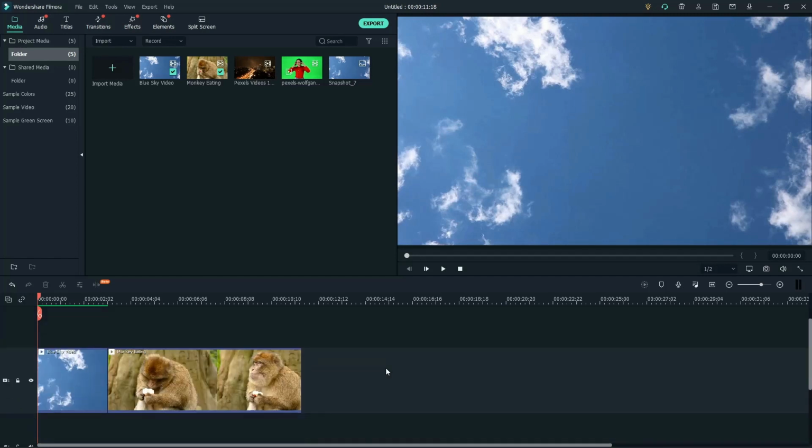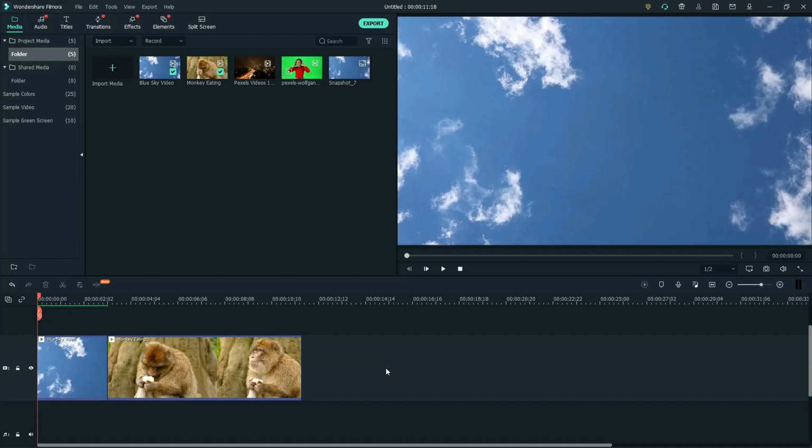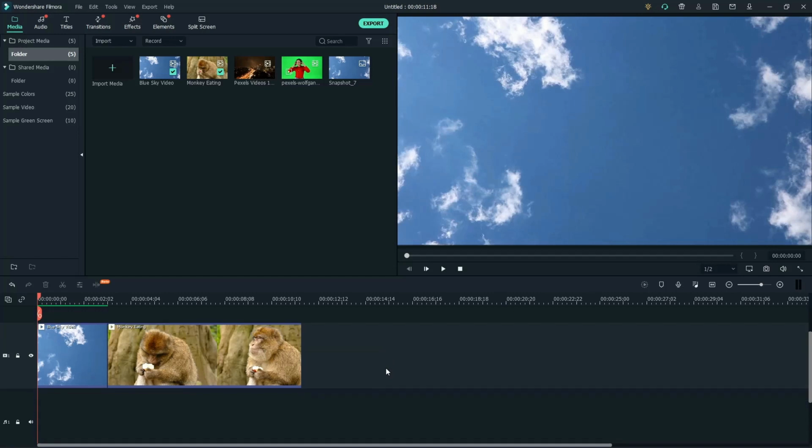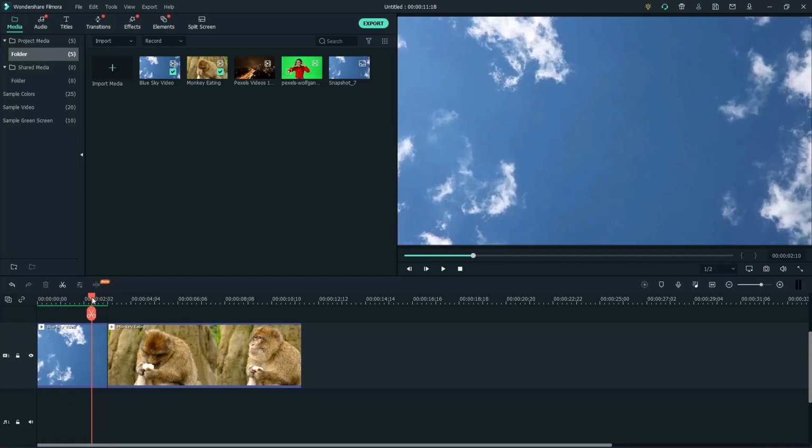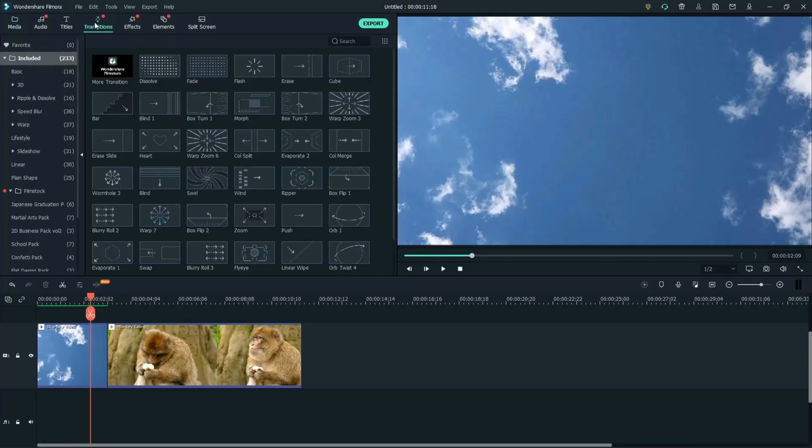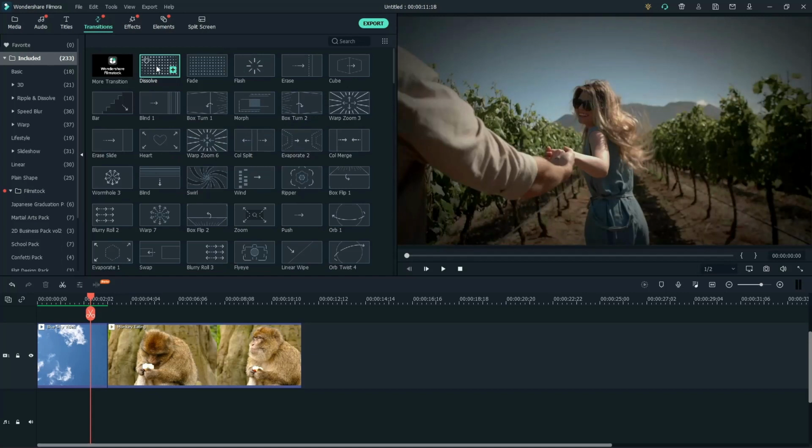Let's add some transitions. You might have used transitions in your PowerPoint presentations. If not, transitions are nothing but an effect which is applied between clips. It simply means how we want to end the current clip and start the new clip. To add a transition, go to transitions. Here you will find so many transitions, you could double click to preview them. I will add dissolve, which is one of the simplest and most used transitions. Now you can drag this to extend or shorten the duration of this effect.